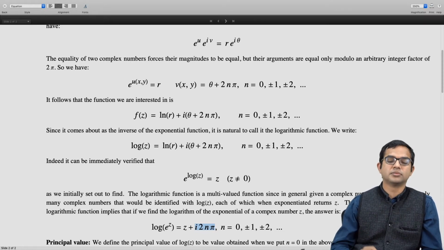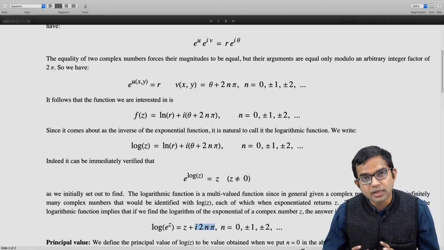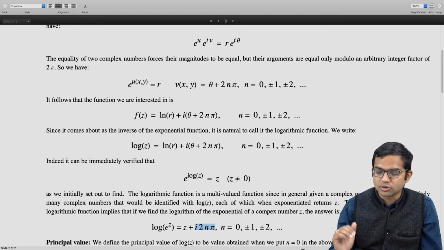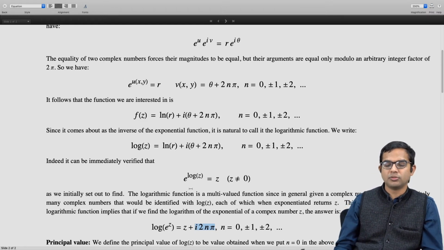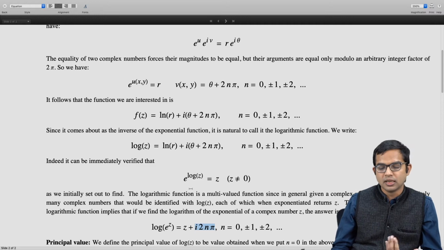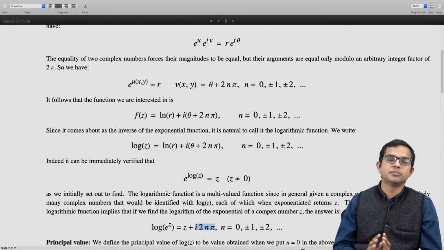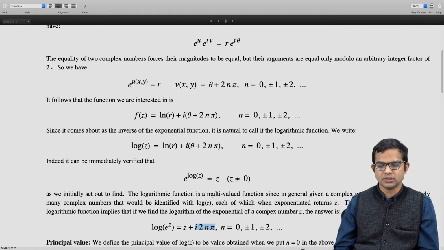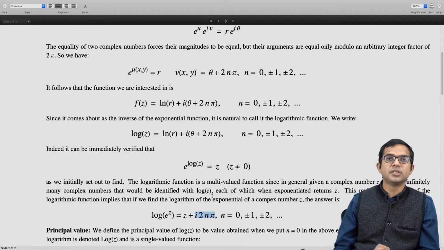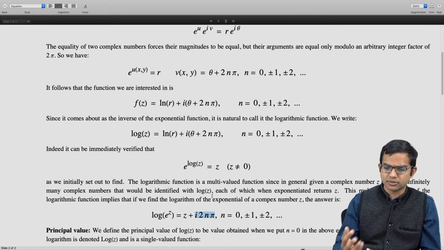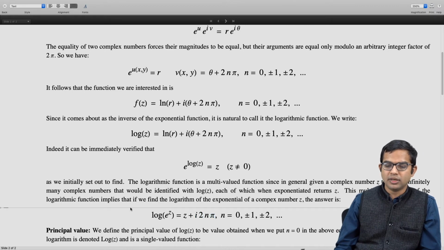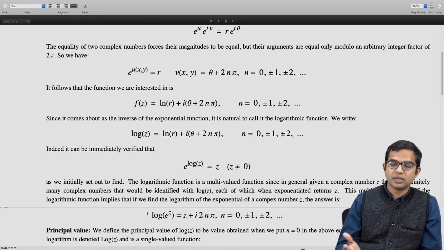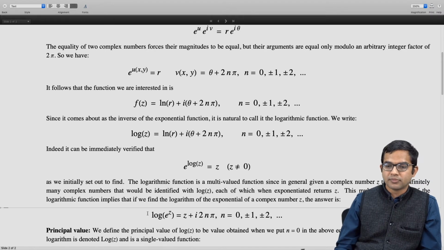So this is a little different from the properties of the log of a real positive number that we are familiar with. So the moment you take the log of a complex number, there are these difficulties, all of which basically stem from the multi-valued nature of the log function. So it is convenient to define something called the principal value. This is analogous to how we define the principal value of the argument function. In fact, this multi-valued nature of the log function can be traced to the multi-valued nature of the argument function,